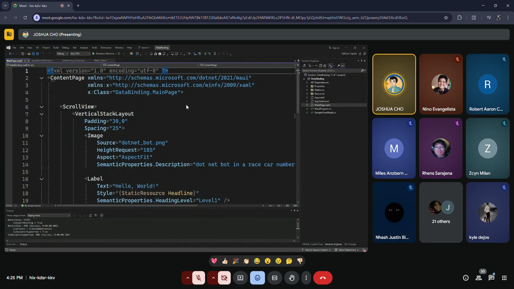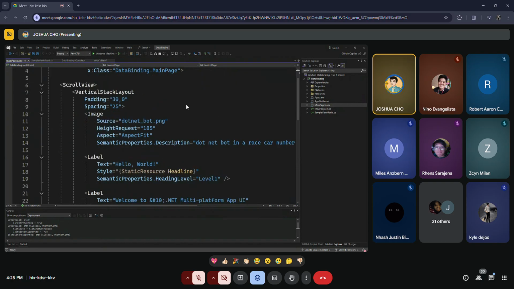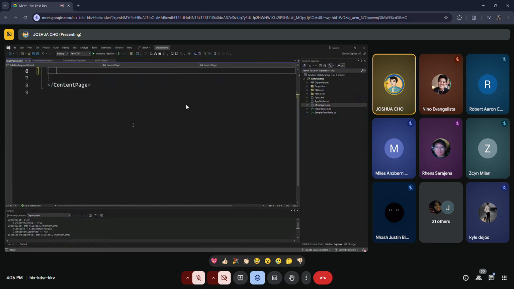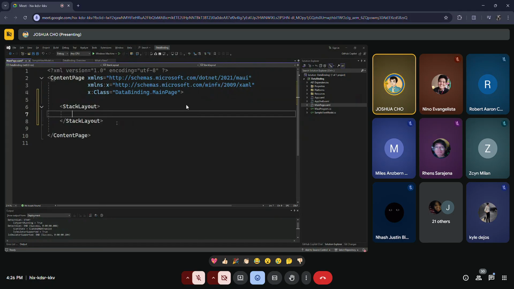Okay, you can use the main page, I guess. So, stack layout. Then the stack layout.